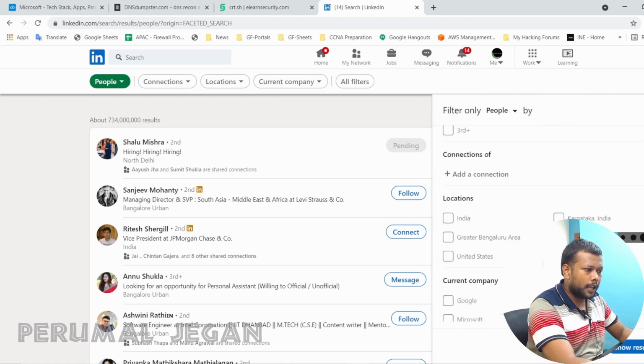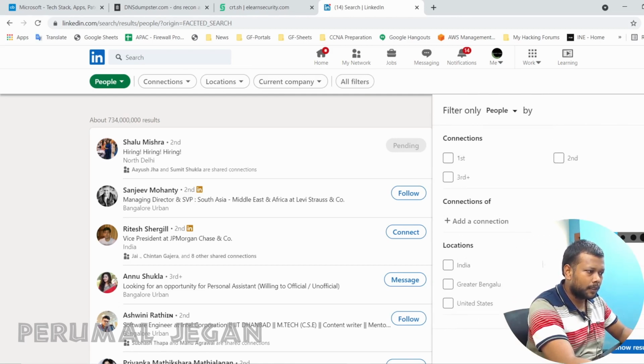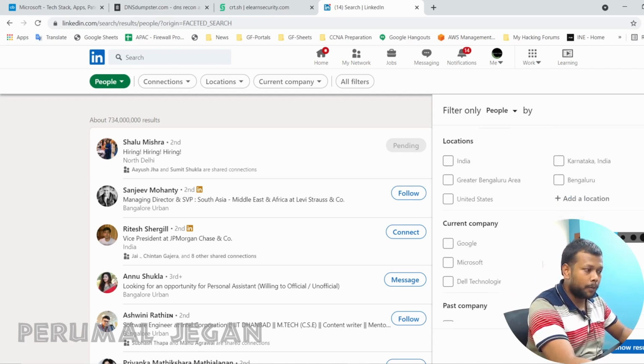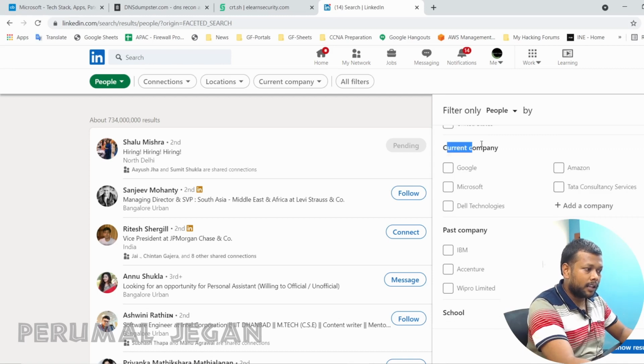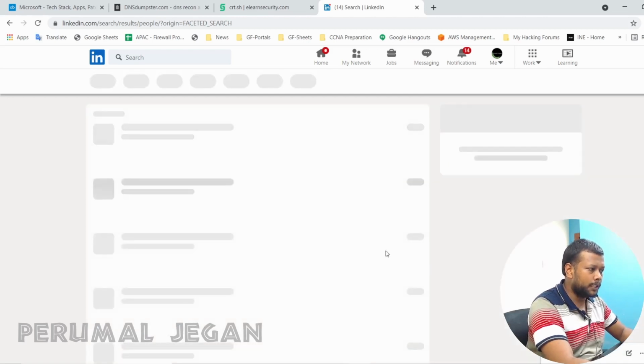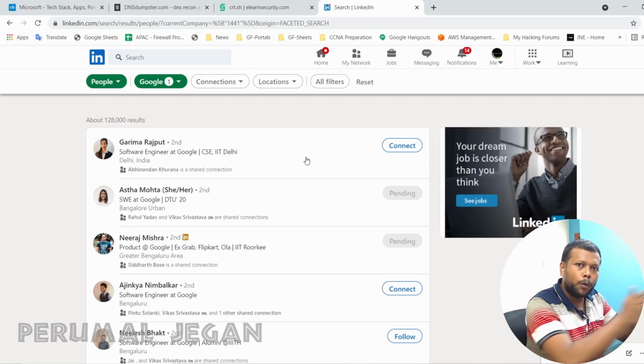Here I can use certain filters. I can even choose the location, the people who are in connection with me, and the current company. For example, when I choose Google and click show results, it will list the people who are currently working at Google.